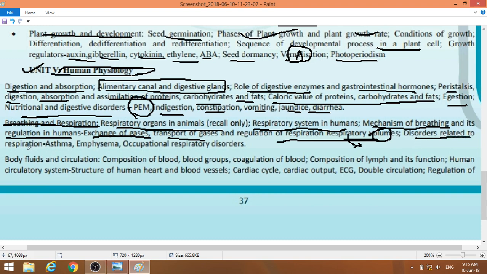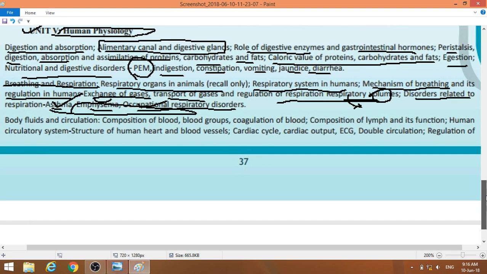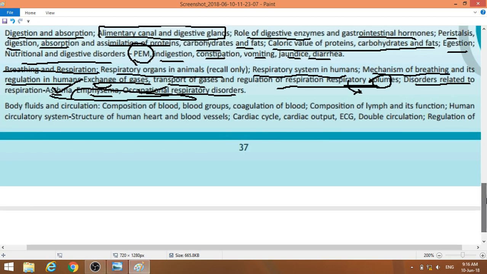Disorders related to respiration: asthma, emphysema, occupational respiratory disorders. Again, a question came from here. So that was an important question. This is all about what I'm talking about: the NEET 2018 question paper, which is followed in the video series where I have analyzed the whole paper of 90